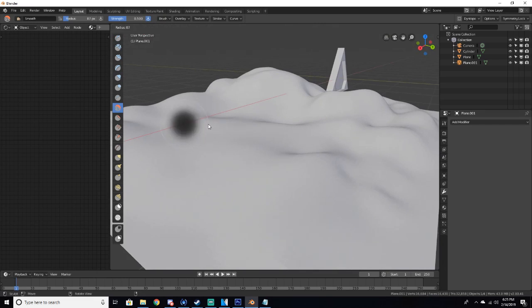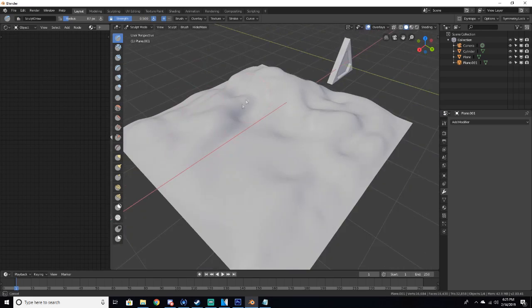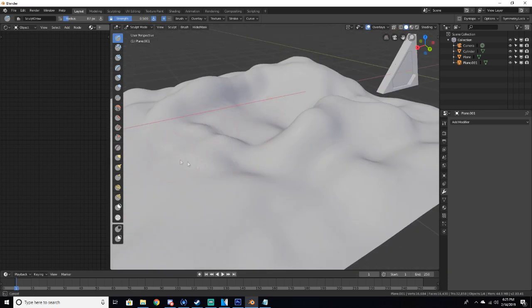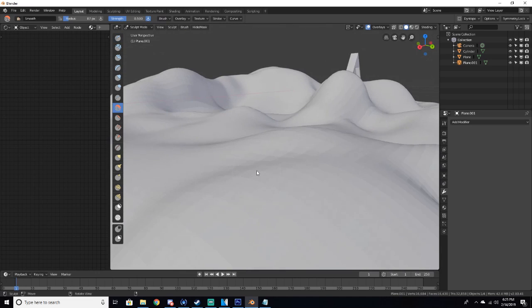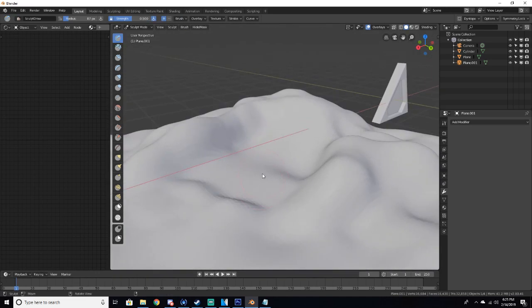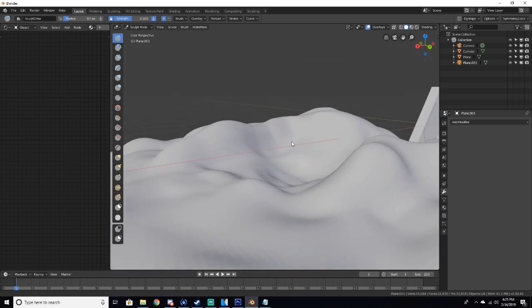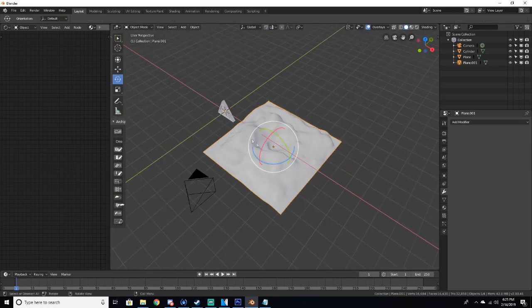And I kind of want to give it this kind of crater-esque feel, which is kind of what I want to do. So that's what I'm kind of gonna do right here. So I'm just gonna give it a little bit of detail. I'm not a good person at sculpting. I just do basic kind of stuff. So I'm gonna go back in X, decrease the size down here a little bit. Yeah, that's good. And I'm just gonna go back in object mode to apply it and just rotate this because,